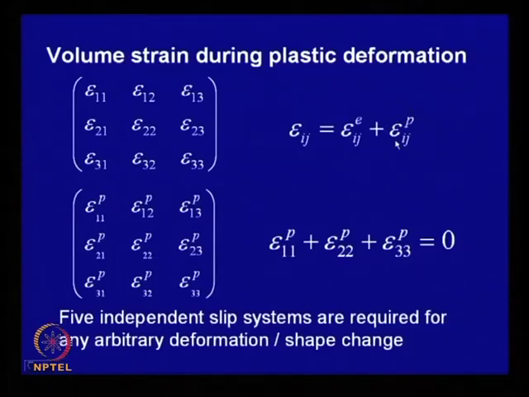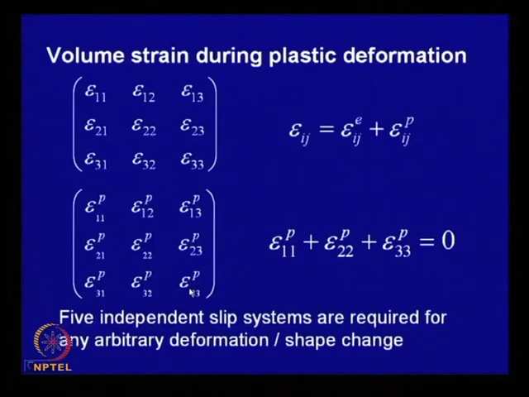When we are dealing with large plastic deformation, we are primarily concerned with this matrix, that is epsilon ij p, plastic. If you subtract the elastic component from here, you get the plastic strain tensor or strain matrix, and here if you add the diagonal elements, the sum of the diagonal elements gives a measure of volume